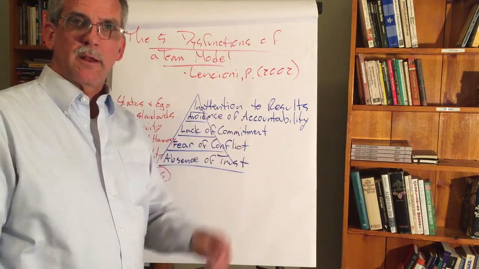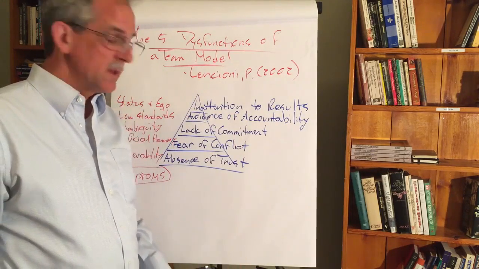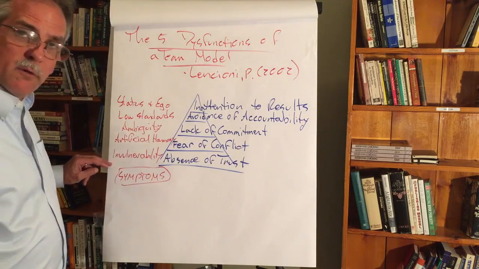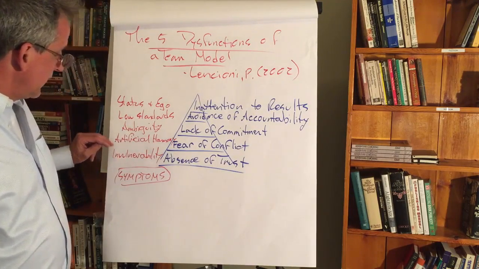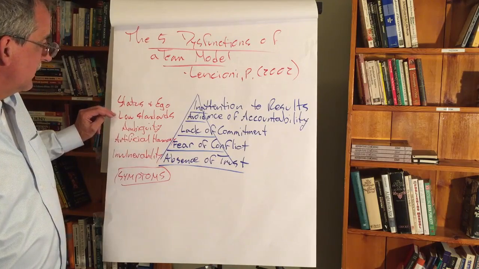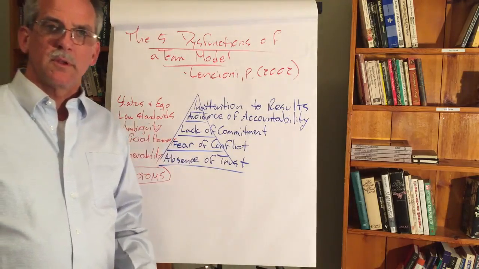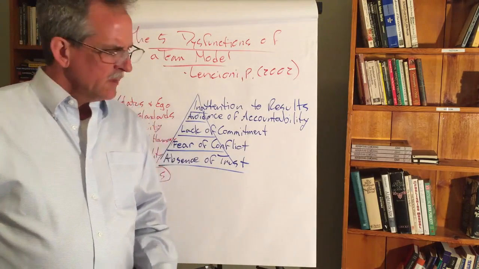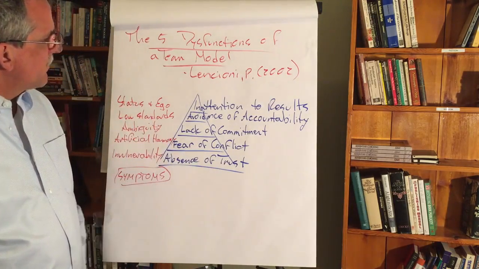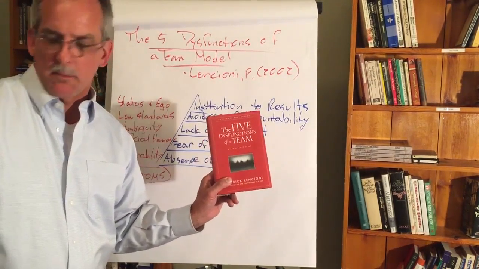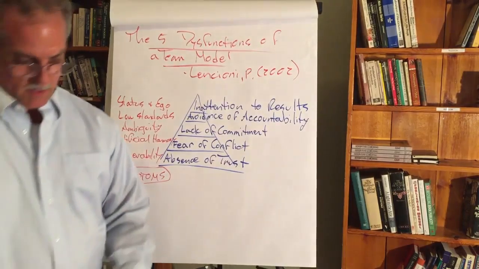makes some sense. Not only in a hierarchical model, it's descriptive. It's pretty easy to see some of those symptoms. And what are they? They're here in red, hopefully you can read them. Invulnerability, artificial harmony, ambiguity, low standards, and status and ego are behaviors that we tend to observe sometimes in a team. So knowing the popularity of this, of course this is the book I'm referring to, you might have seen